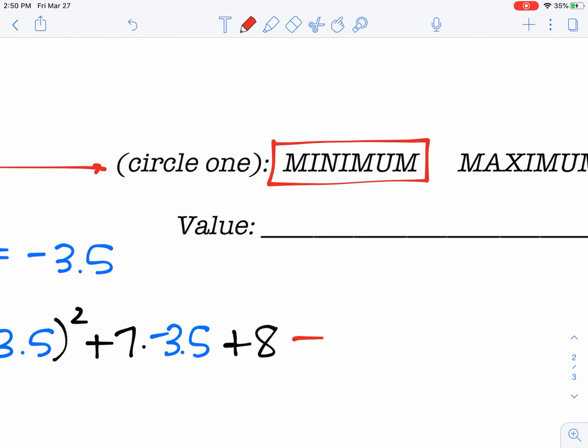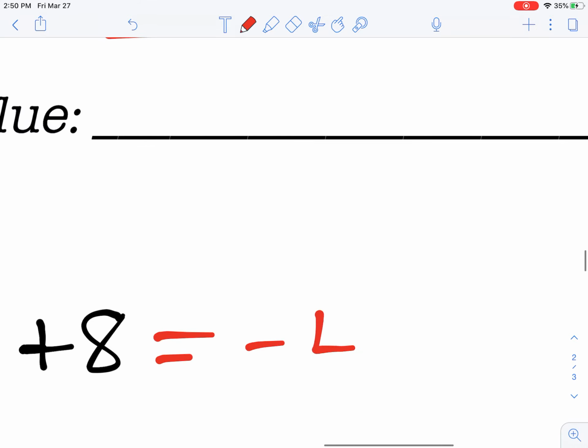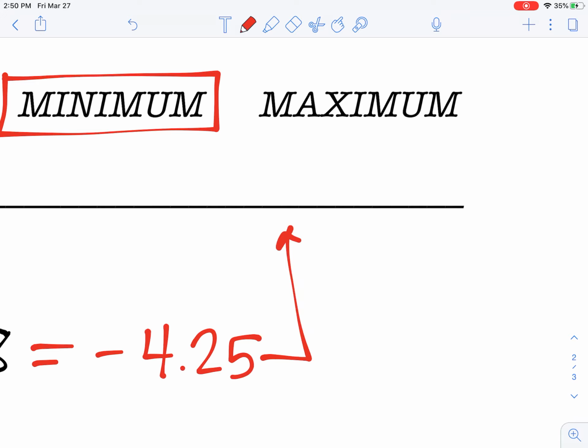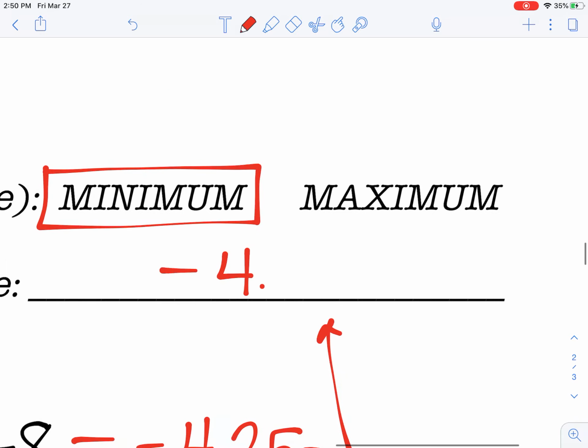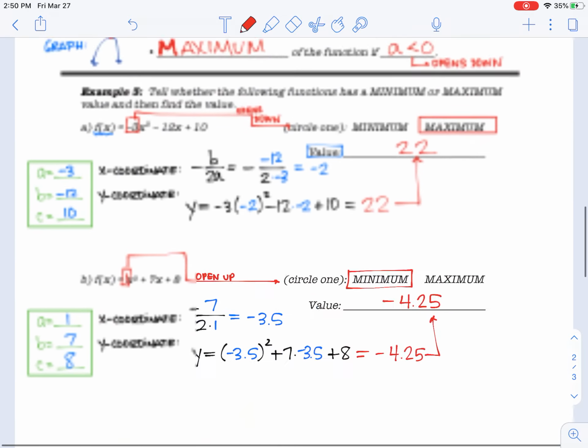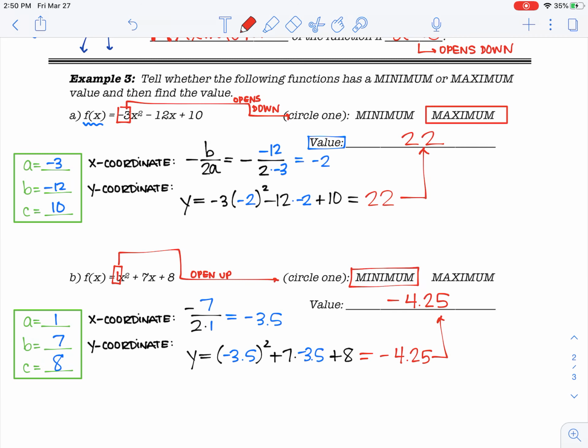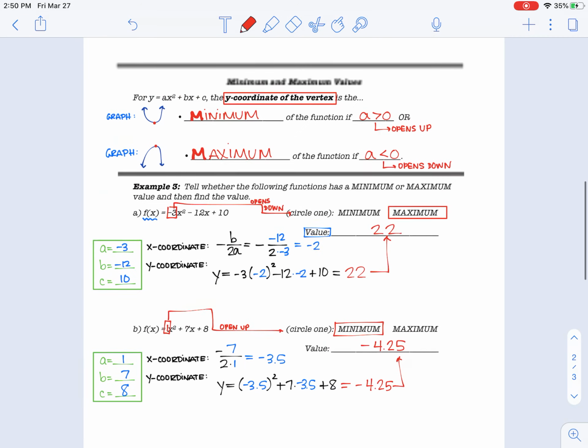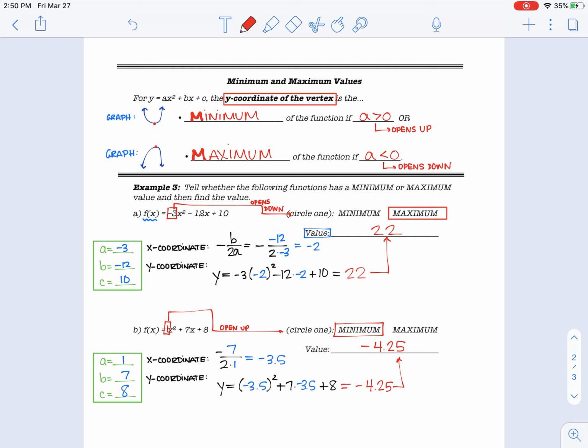And I believe this gives you a value of -4.25. So this particular graph, which opens up, has a minimum of -4.25. And that is how we find maxes and mins of a quadratic function. Yay, math. All right, that finishes out